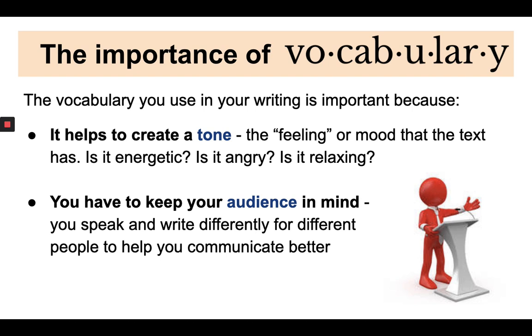So very specifically in English, the importance of vocabulary when it comes to our writing is that it does really two things. It helps you create a tone, and a tone is the feeling or the mood of a text. Sometimes it could be quite humorous, or quite authoritative, or quite angry, or quite informative. So it's the feeling behind the text that you're looking for, and that feeling comes out through the vocabulary that you use. You may want to think about your verb choices or how you structure your text. It's all about the tone that comes out.